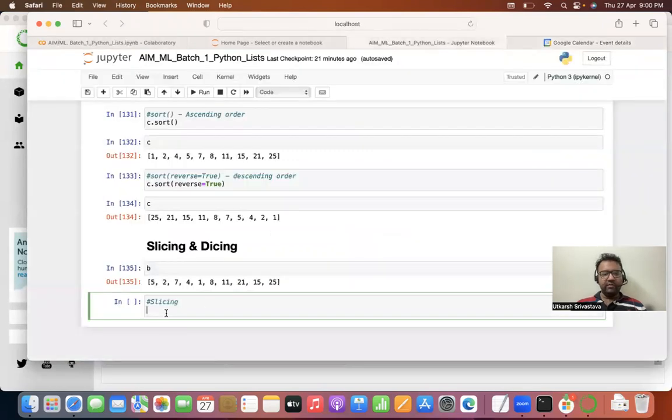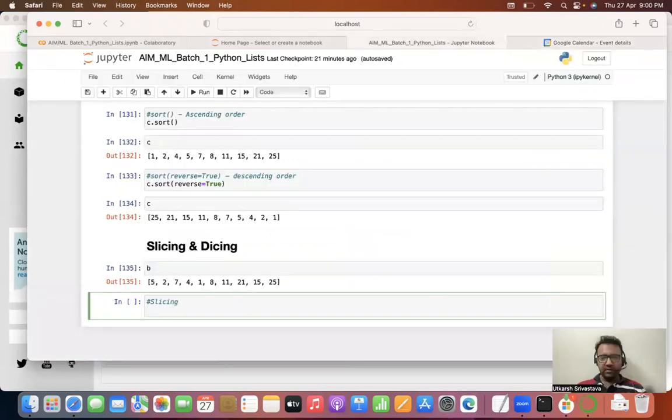So when we cut, let's say, cut a vegetable. All right, let's say